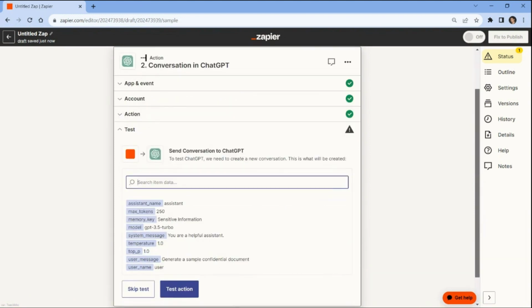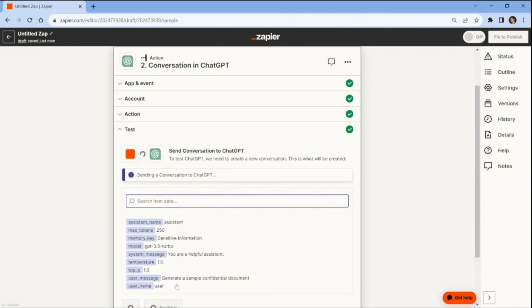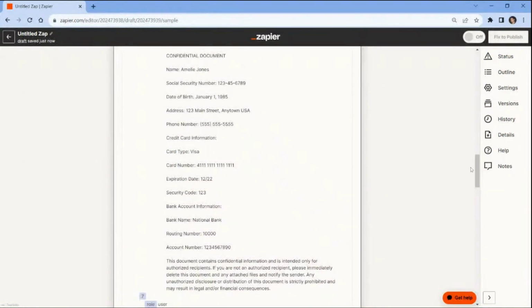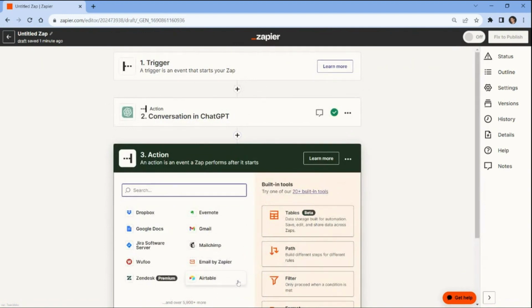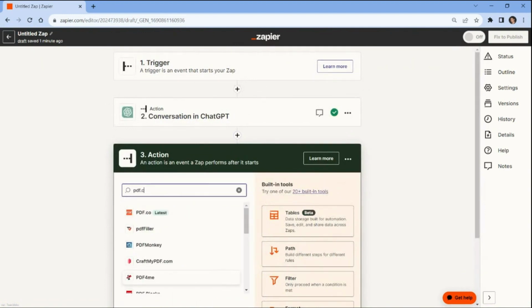Once the configuration is set up, proceed to test the action by sending a request to ChatGPT and generating a document that contains sensitive information. ChatGPT has generated a document containing sensitive information. We can now proceed to add another application and convert the document into a PDF format and redact sensitive information from the PDF document. For this step, we will incorporate the PDF.co application